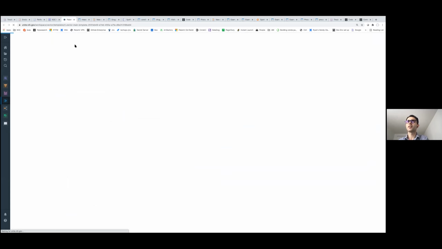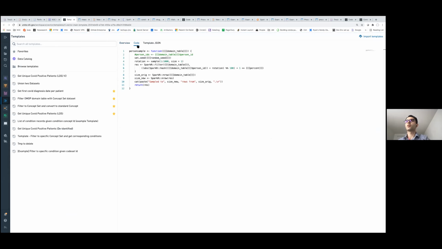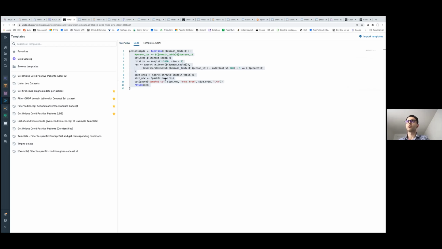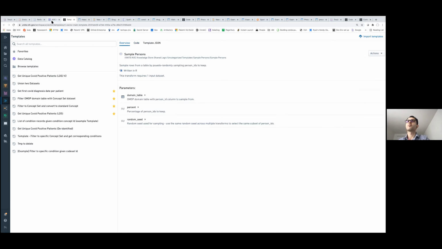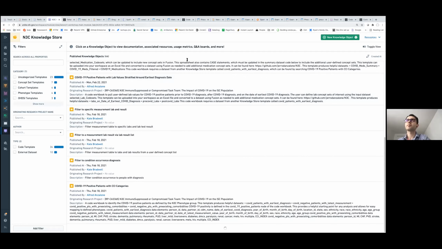If you click on it and you look at the code, this is the code that is run in this template. And you can click on action and click on use in Code Workbook. And you'll be able to reuse the same code in your Code Workbook without having to rewrite it. This is written in R, but there are other pieces that are either SQL or Python. Feel free to check this out. I hope that answers the question.